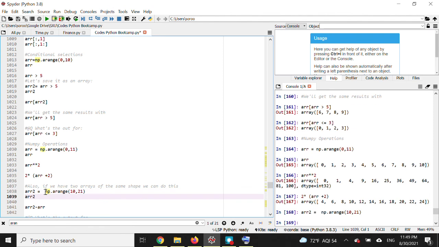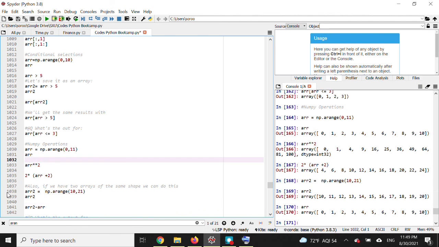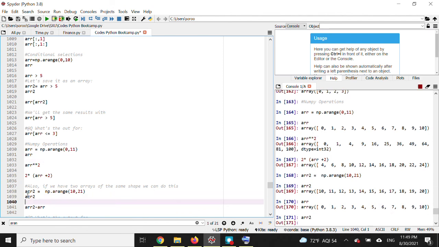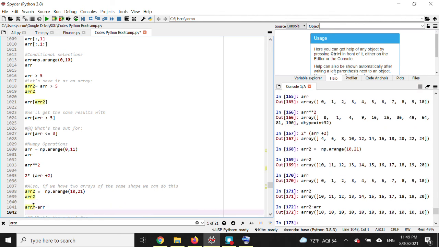This one has the same shape, different numbers. Array is between 0 to 10, array 2 is between 10 to 20, array 2 minus array 1 is going to be this,